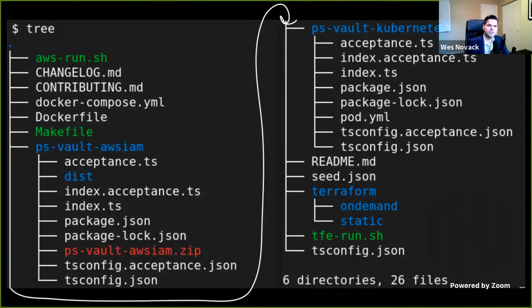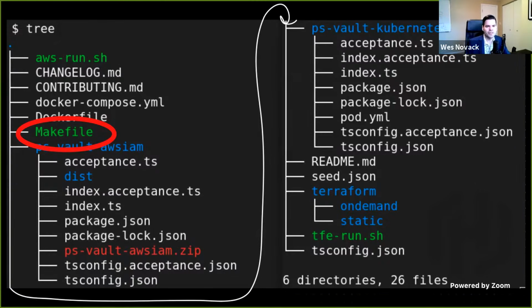So moving over to the next slide, this is a tree output of one of our repositories to give you a look into what some of the files might look like in our PS Vault node package repository. I split this into two different sections to fit it on screen. So you can see that my kindergarten art there is showing that the tree structure continues from the left back up to the right side of the slide. To highlight a few of the things happening here in our repository, we've got that make file. Again, that is key to the pipelines and our processes here. And the make file is directory dependent.